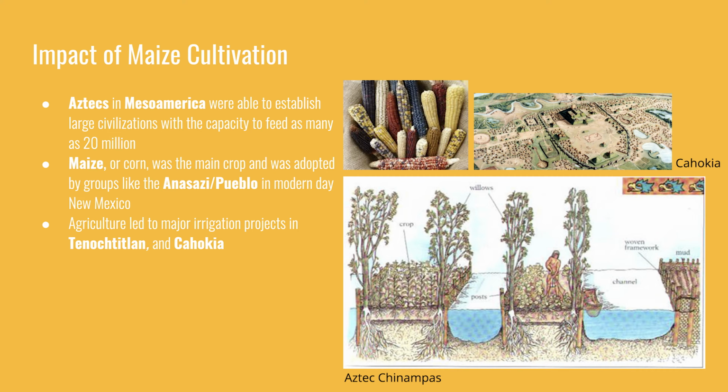The use of corn went up north through North America, reaching the Anasazi or the Pueblo people in modern-day New Mexico. Even as far north as Colorado, we see that the cave dwellers are using agriculture, planting things like corn, and into the Mississippi River Valley with the Cahokia mound builders. Here you can see an example of what their civilization used to look like. They are sedentary. It's highly dense in population, and the only way in which you can get that many people living in one area is if you have the ability to feed them. Through the use of irrigation and these infrastructure projects, that became a possibility.